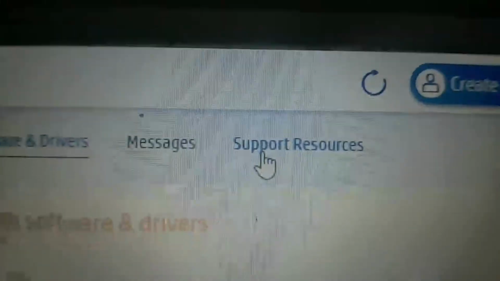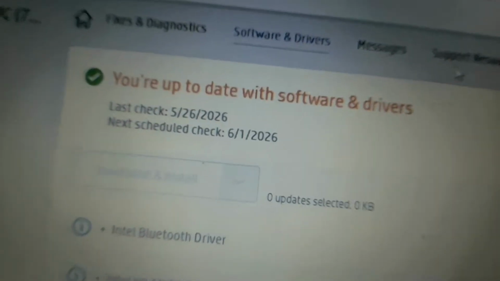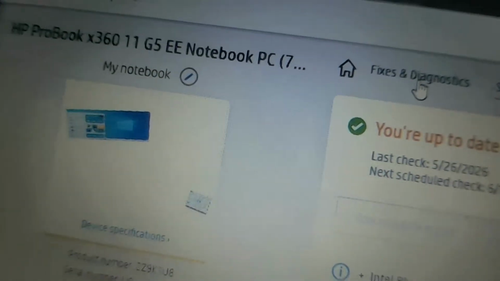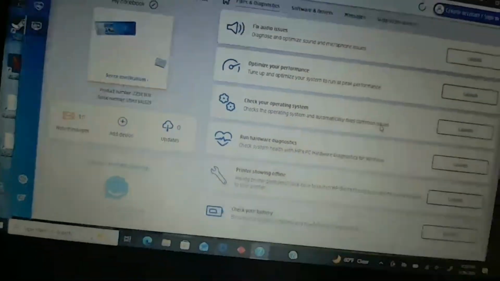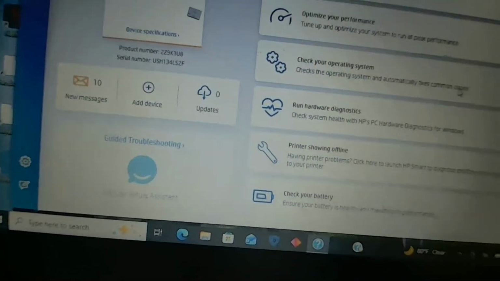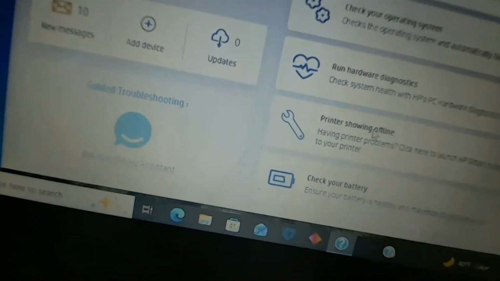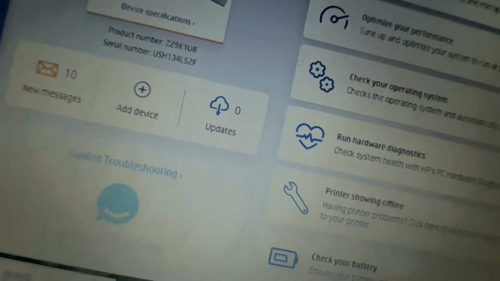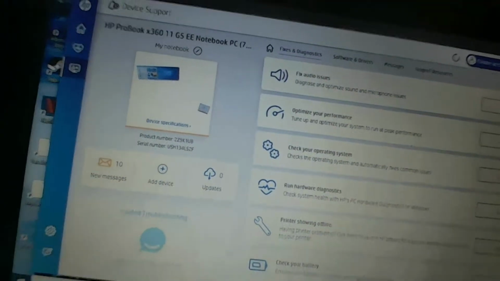Also, guys, if you're wanting to do diagnostics and stuff like this, come over here to fixes and diagnostics. If you're on an HP computer, this will take you directly to all their absolutely wonderful websites. Let's optimize my